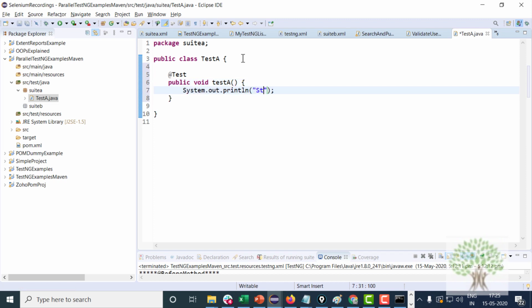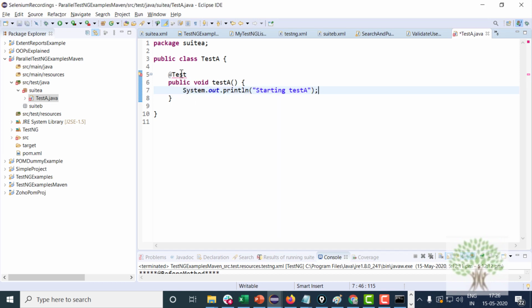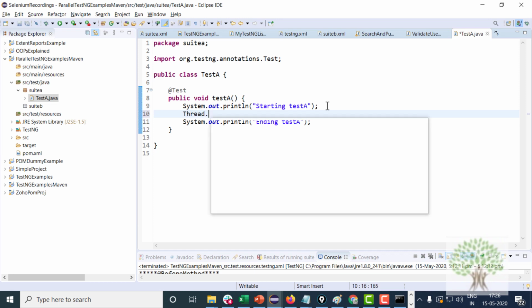I'll write over here "starting test A", and you can add the TestNG library. Fine, and you can write "ending test A". In between, I will give a delay of, say, 2 seconds.